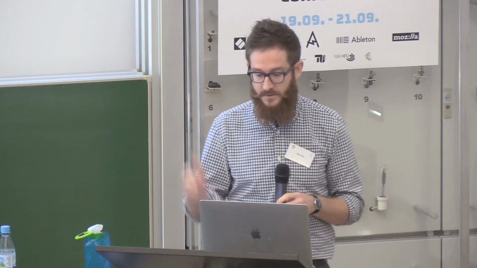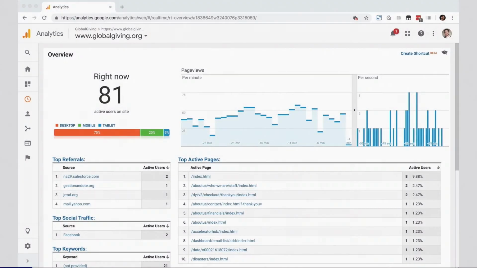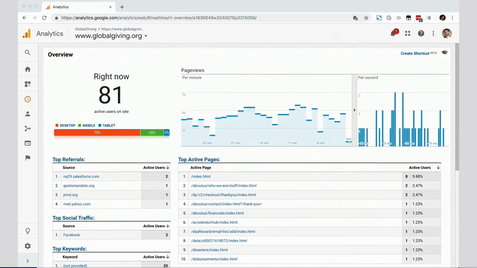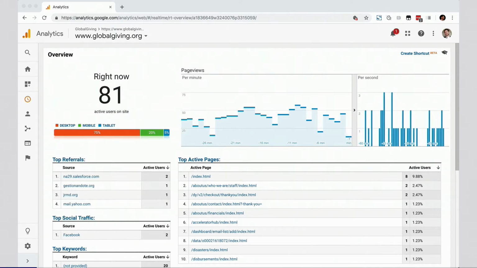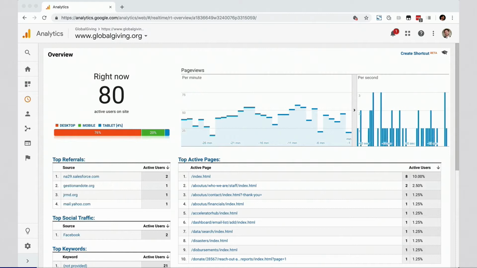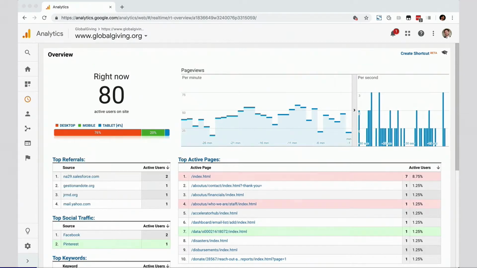Maybe like many of you, one of the tools we use to measure and analyze our traffic is Google Analytics. With Google, we get a great dashboard like this. It's very information dense. You get a lot of good information about what's going on right now, but I feel it has some shortcomings when it comes to understanding the live state and an ongoing understanding of the live state of the traffic on your site.